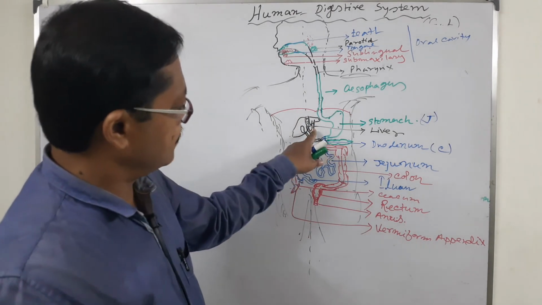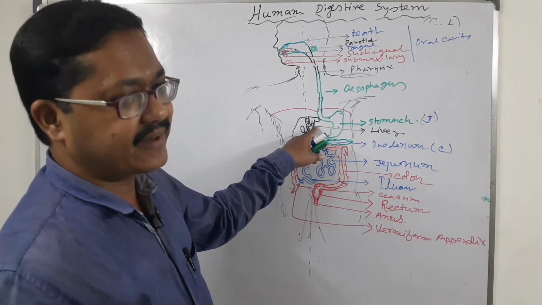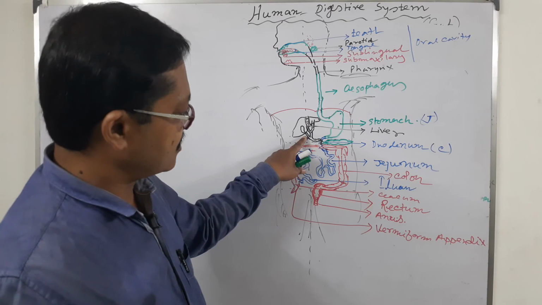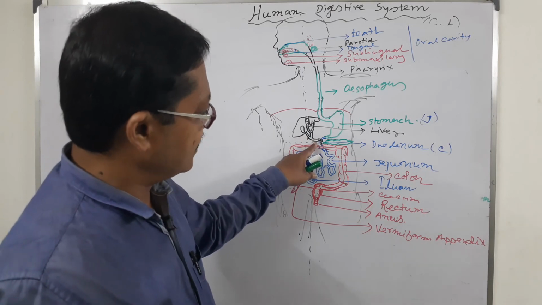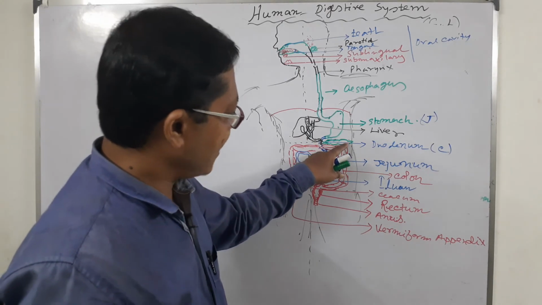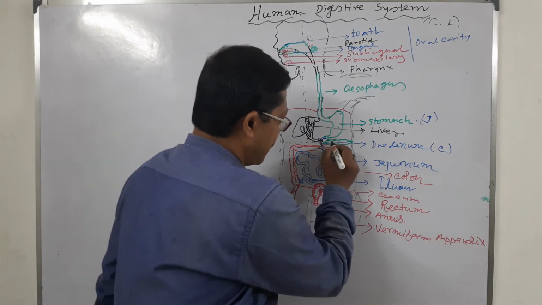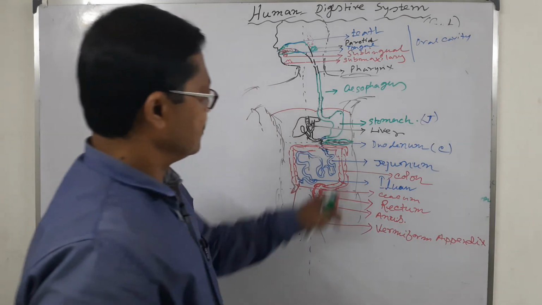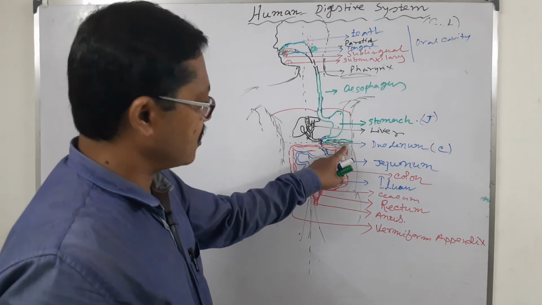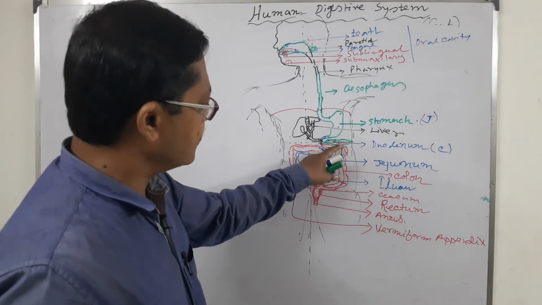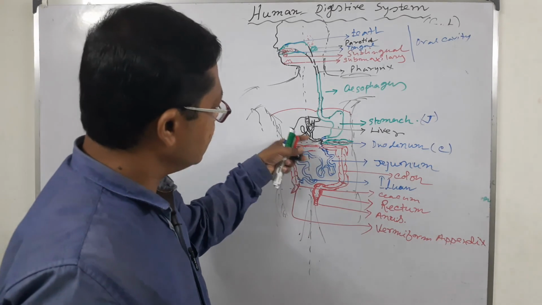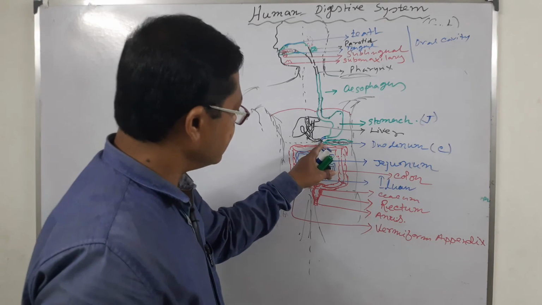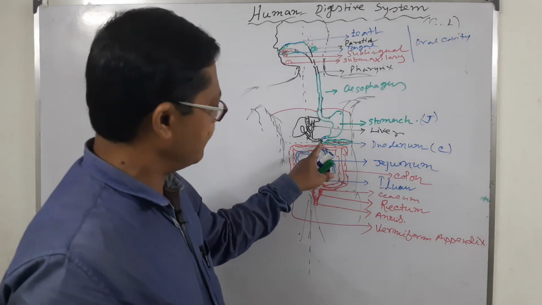This first tubular structure is called the hepatic duct. Then this is called the cystic duct. This is the common bile duct. This is the duct of Wirsung, which is also present within the pancreas. Through this duct, pancreatic juice comes out. The bile juice and pancreatic juice then mix. Here is the hepatopancreatic duct, very short.